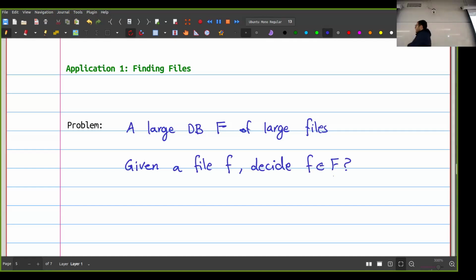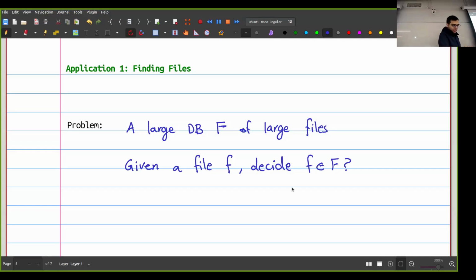Now, this is the kind of problem that you would have if you have, for example, a torrent service. You have different people who have stored different files, and someone is asking for a particular file. You want to know if you have the file in there. Or maybe someone is uploading a new file to, let's say, your Google Drive. If it's the same as one of the files that you already have, you don't want to store it again. You just want to remember that this is the same file and just keep a pointer. So how do we solve this?